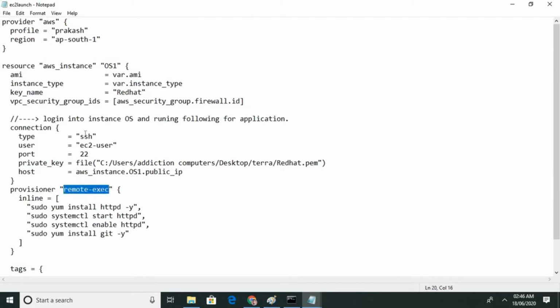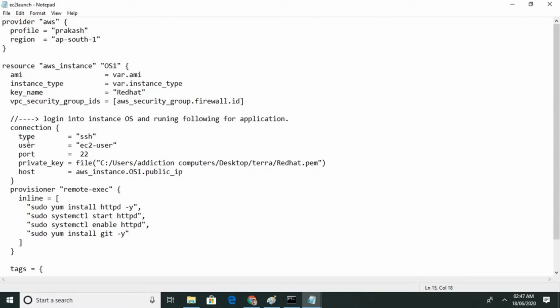To write a code in an instance we need a remote execute. Okay, and to write a code in your local system we need a local execute. We're going to see that further. Here, remote execute means you're going to type that code on the instance. How can you write? By SSH protocol. Without SSH you can't connect to the instance because you are on a local machine.